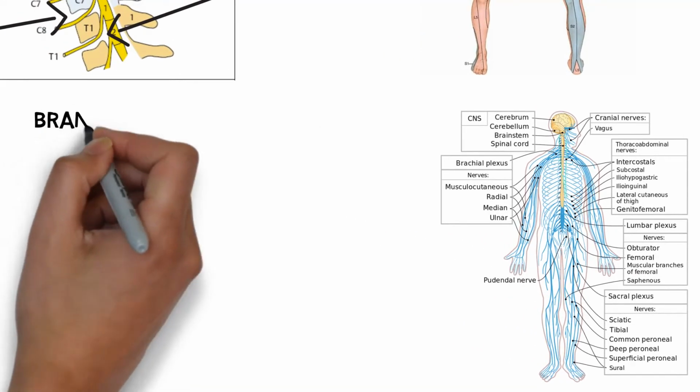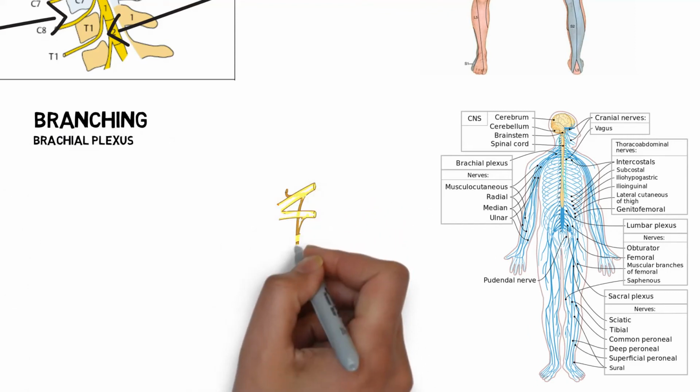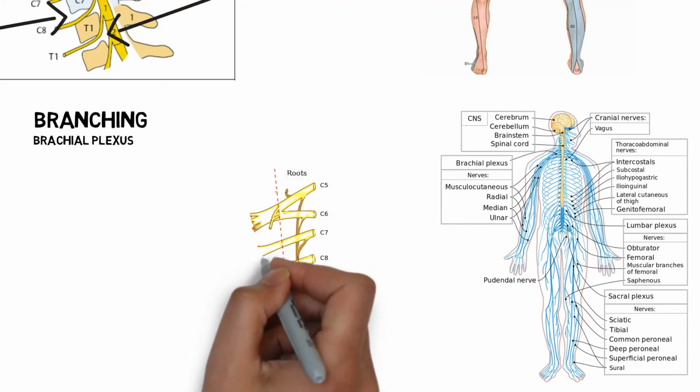Nerves exiting the spinal cord can combine once outside of the spine. There are 2 large nerve combinations, the brachial plexus and the lumbar plexus. The brachial plexus is an interconnection of the cervical nerves with the main contributors being C5, C6, C7, C8, and